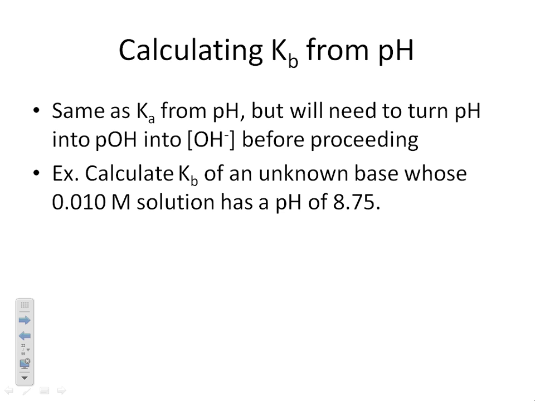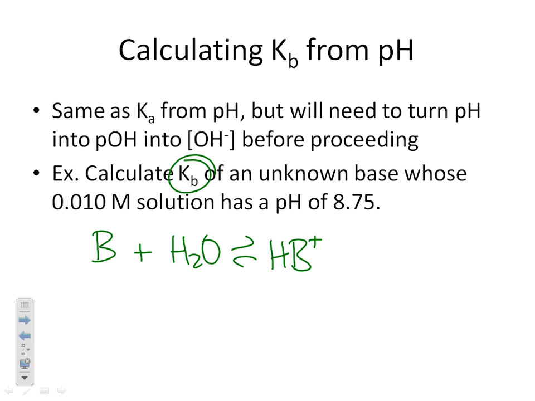You're asked to find Kb, meaning you want to write a base dissociation reaction. So your base dissociation reaction, as we recall, is B for our random base. You have to add water to it. And then we are generating the conjugate acid of the base and the hydroxide ion. And when you set up your ice chart,